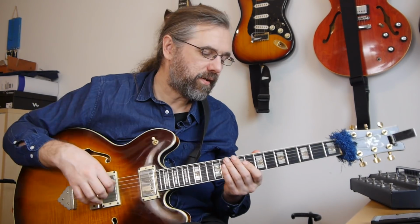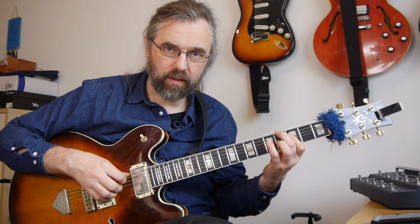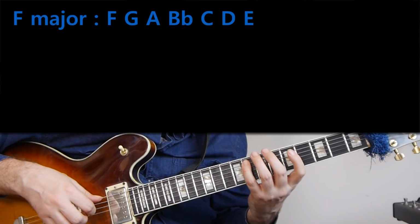But actually if we look at another scale choice for the diminished chord, then we can access one more. It's going to be a little bit further away in terms of sound, and I can think of maybe one standard where you can find this in the melody, so it is in that respect a little bit further away. The idea here is that if we try to find another scale for our A flat diminished, then starting with the F major scale,